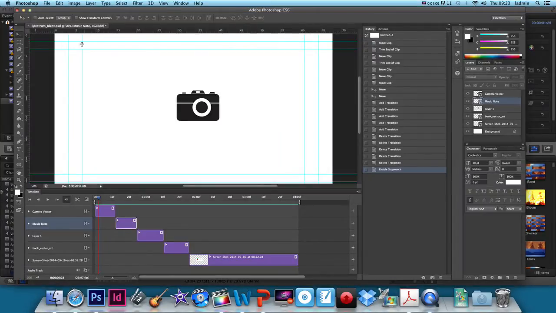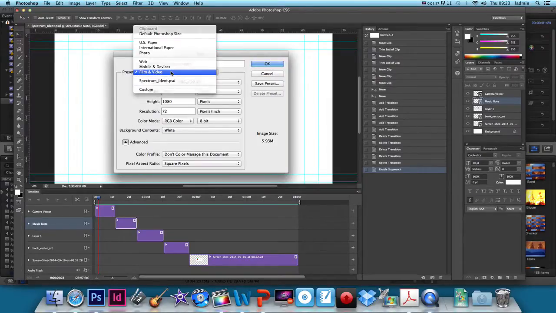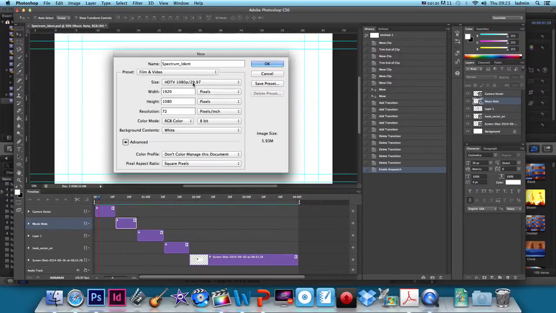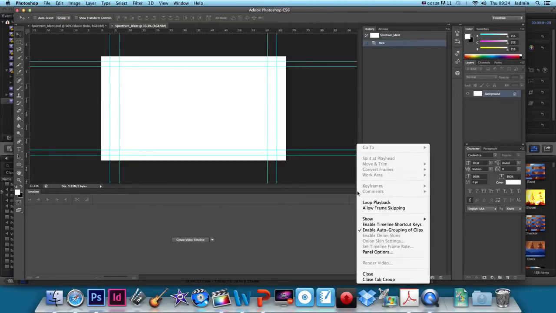So the first thing you want to do is go into Photoshop. Here's an example of what we'll be doing. But you want to create a new project. You want to select from the preset Film and Video, and you want to select HDTV 1080p, P for progressive, and 29.97, so roughly 30 frames per second. This is the kind of standard setup for UK television graphics. So if we press OK,